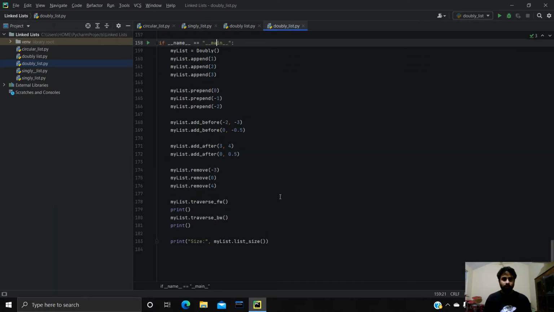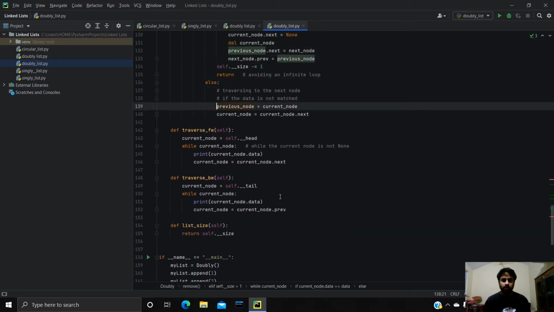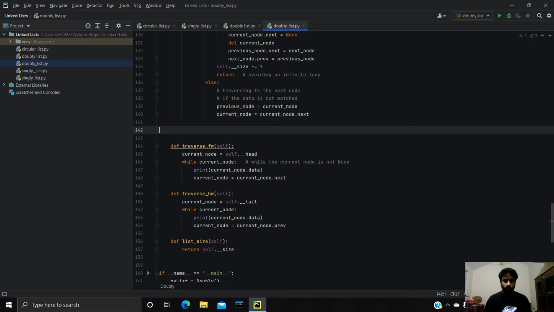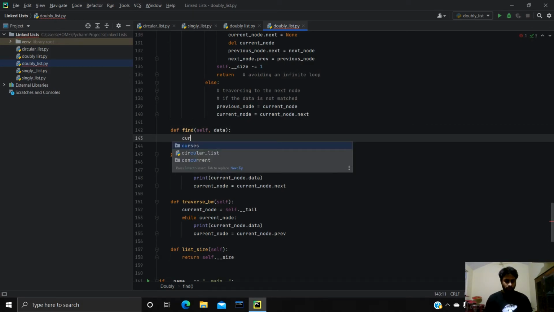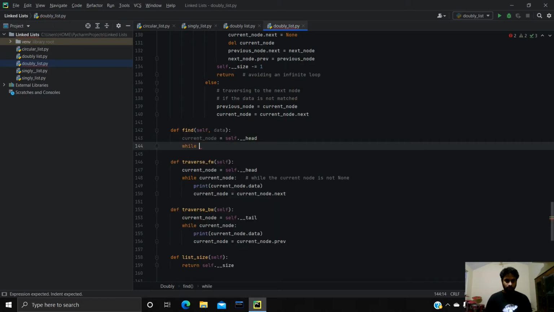So we have finally created our doubly linked list program, and let's add one more function to this method, right? So it's going to be define find. Let's create this method. This method is going to find our data. So current node is going to be self.head, and while current node,